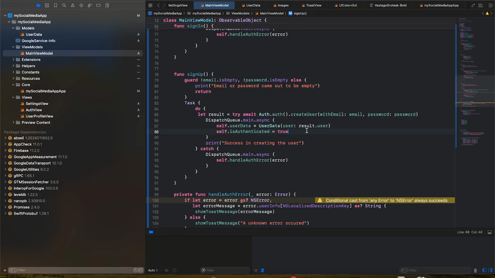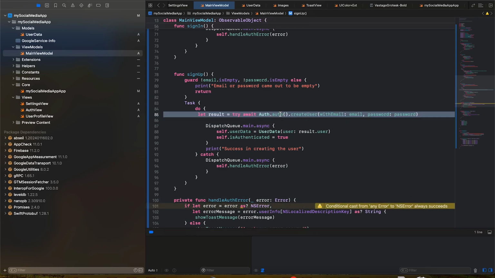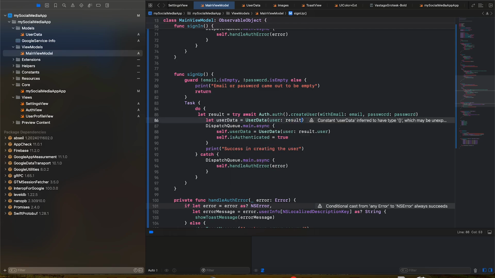So right here, what we could do is that instead of just performing this single functionality of create user, which is actually a Firebase function itself, we could have a local constant. We could call it user data only, and this would be result dot user,